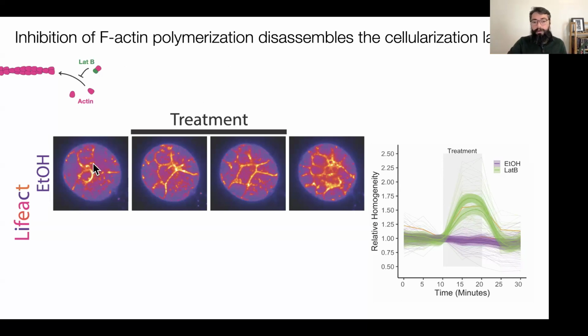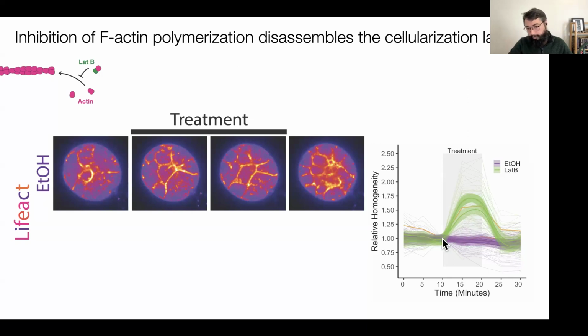And this is a measure of texture. The more complex the architecture of the membrane, in this case of actin, the higher the texture. And you can measure this as homogeneity. Something that is very complex with high texture has low homogeneity. Something that is very homogeneous and is not very variable in its intensity of fluorescence is very high in homogeneity. So you can measure here, in the case on the right, the control is ethanol treated. We have a relatively homogeneous